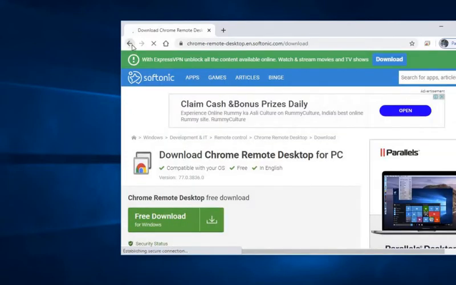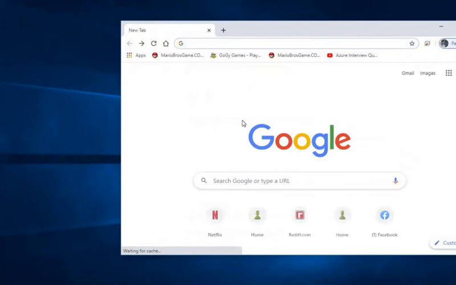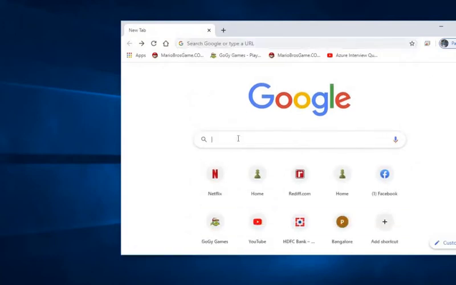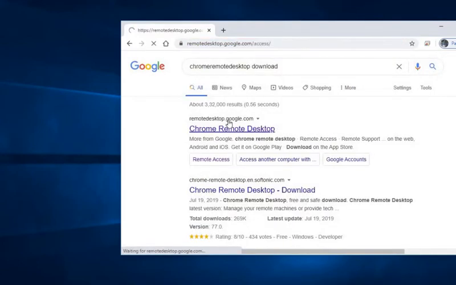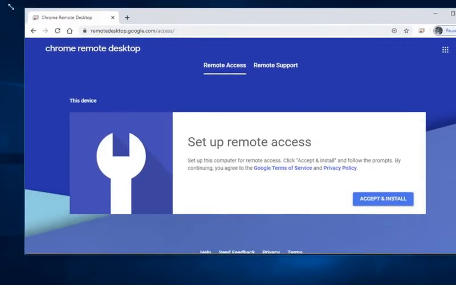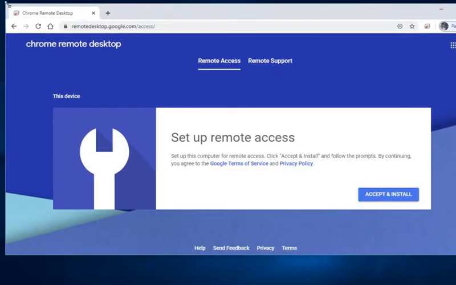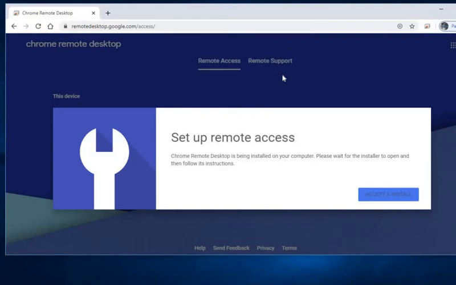So first you have to install Chrome remote desktop in your computer.